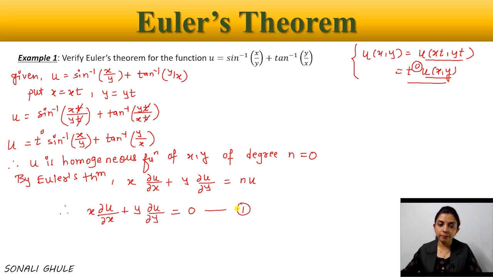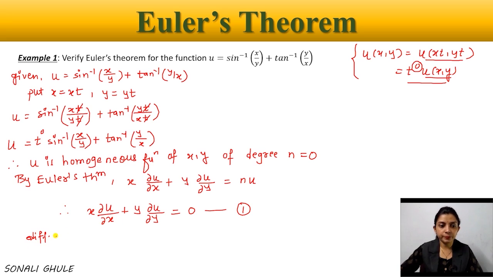So by Euler's theorem, we got this relation x into dou u by dou x plus y into dou u by dou y, and the value of this relation is 0. Right? And this we have to prove when we solve. Means when we differentiate this u with respect to x and with respect to y, definitely I should get left hand side 0. Means I am now going to show here left hand side equal to right hand side. Okay. So to prove this, I am going to find the derivative of u with respect to x and y. Okay. So here